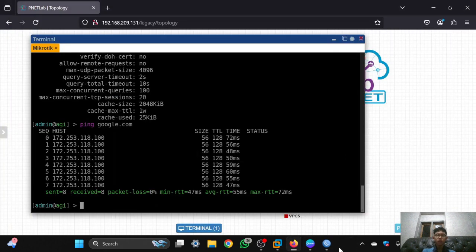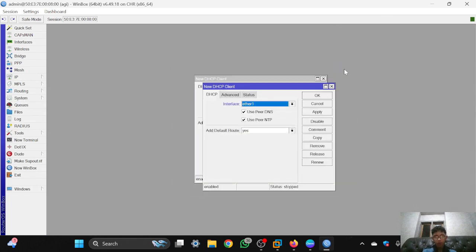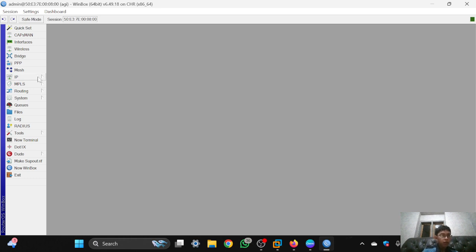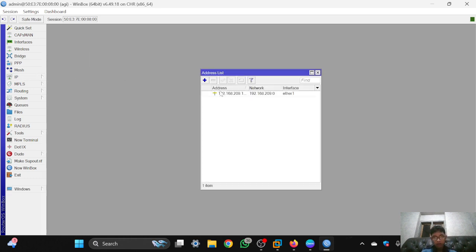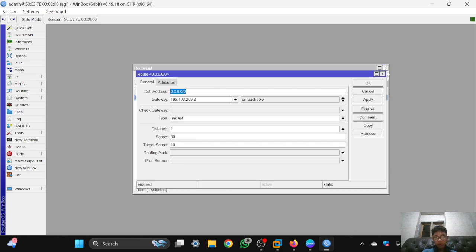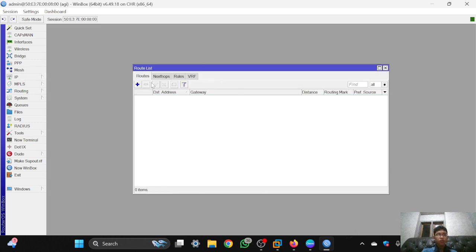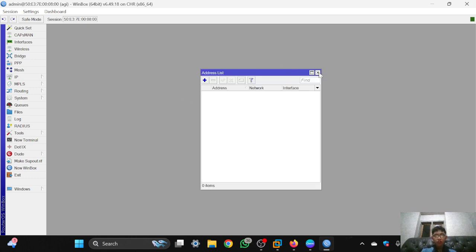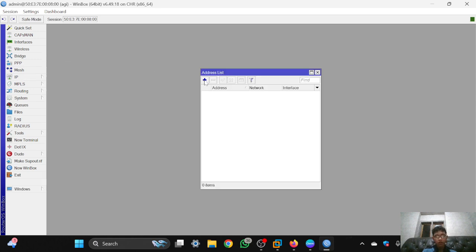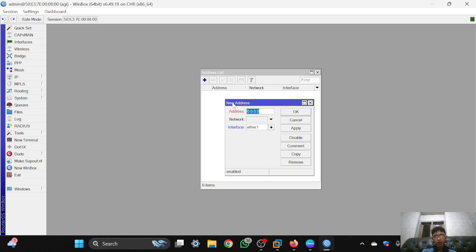And I will practice it in Winbox. So first open your Winbox, and I will delete all the settings: address, IP and route. So to set it via Winbox, first open IP and addresses and click the plus sign, and you can set your IP.